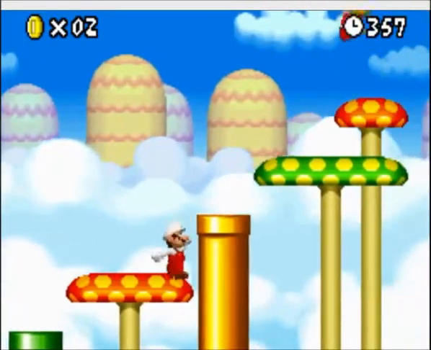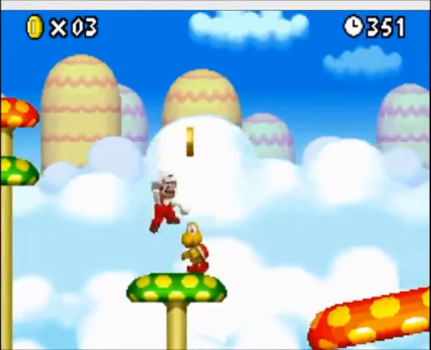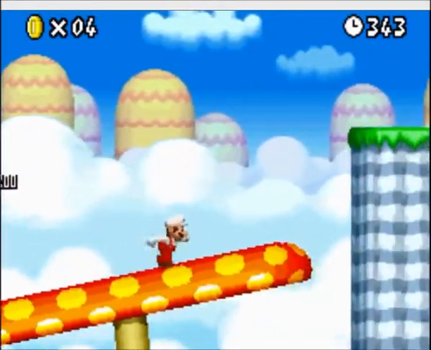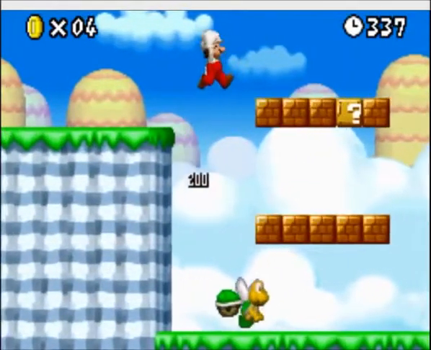Also, why are those red Koopas bouncing? Red Koopas do not bounce! First they have green Koopas that move back and forth, now they have red Koopas that bounce. I know it's not as important to color code things on a DS game as it is on the NES, but...